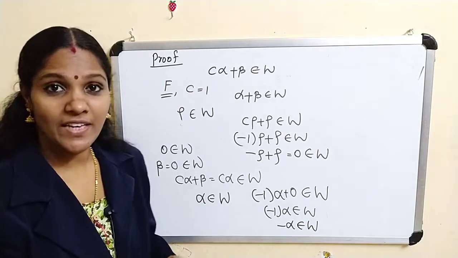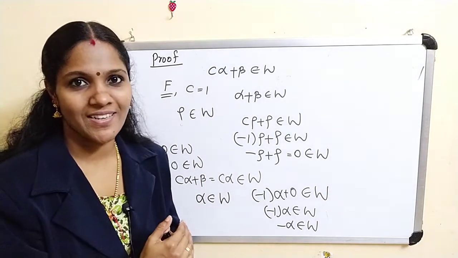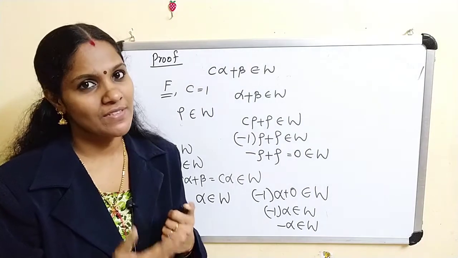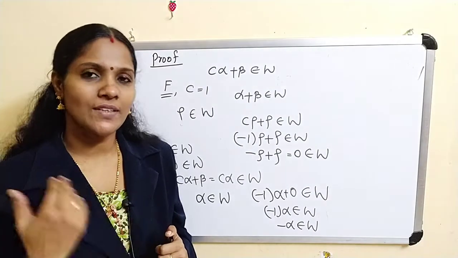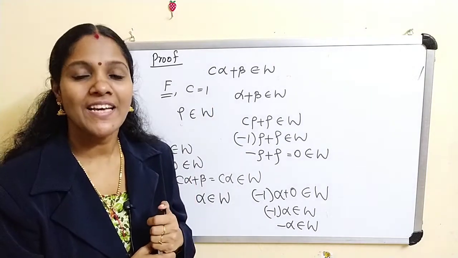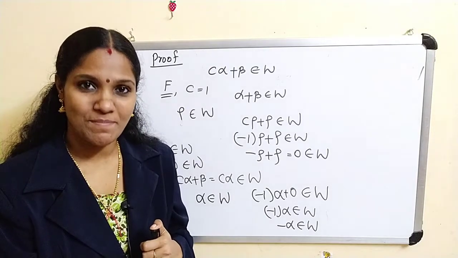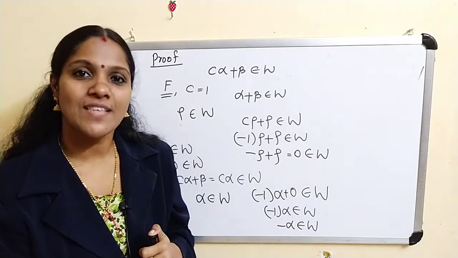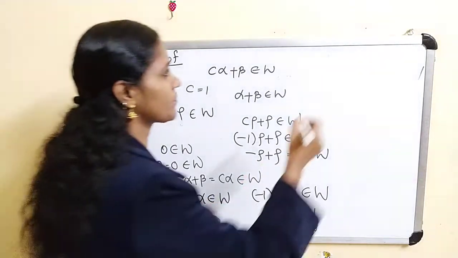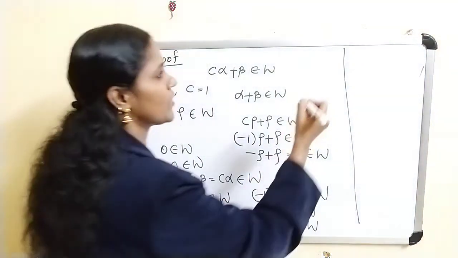Thus we get W is a subset of V which is closed under addition. Scalar multiplication is also closed. 0 belongs to W, inverse elements exist, and all other properties also hold in the case of W. This implies W is itself a vector space over the field F. This implies W is a subspace of V. Now what about the converse? Conversely, suppose that W is a subspace of V.